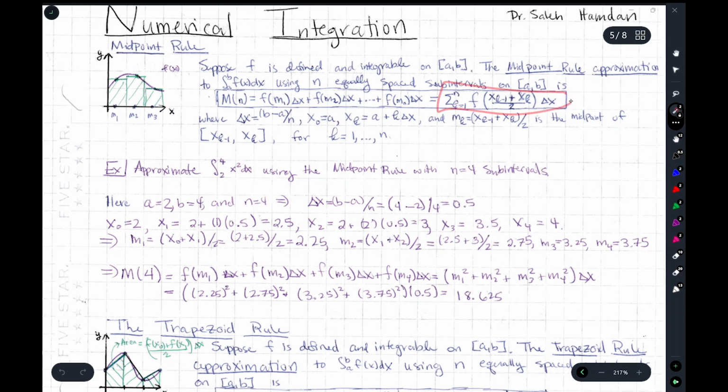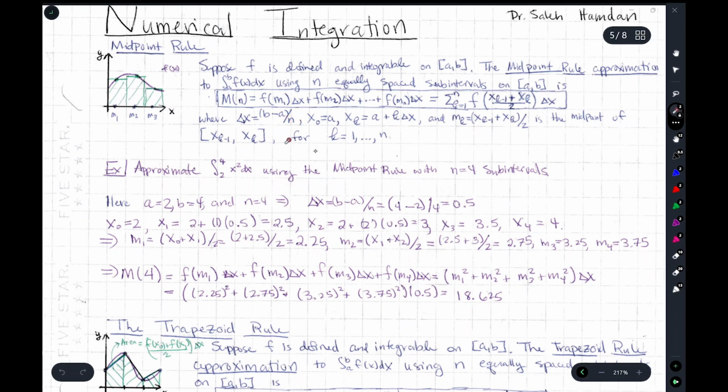Okay, here's the general formula right there, where delta x is the length of the subinterval, which you get by taking the final point minus the initial point divided by n. Okay, so you'll take b minus a, which is the length of the whole interval, divided by n, because that's